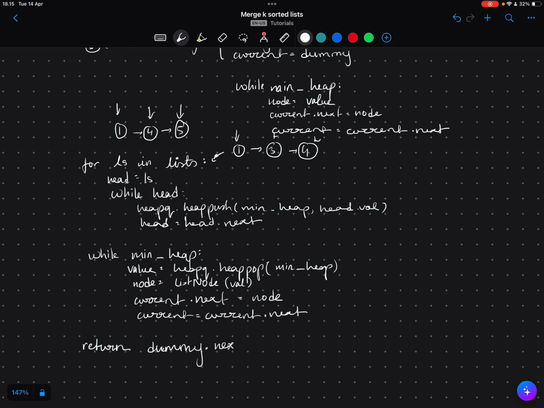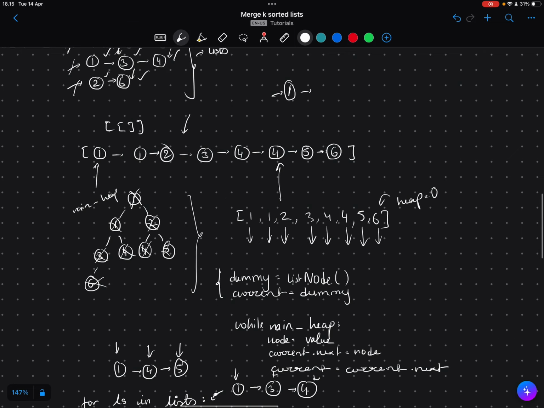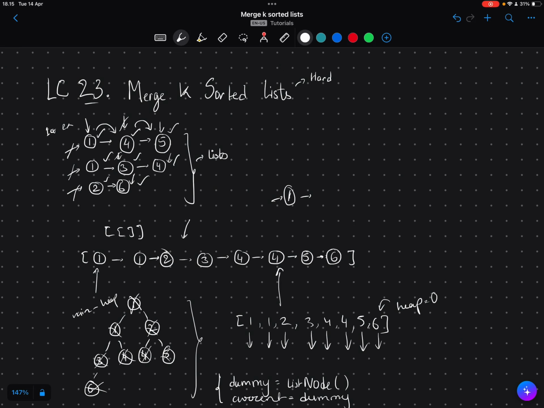And at the end, just return dummy.next. Why dummy.next? Because dummy.next is the one that stores the first value, so it will basically look like we would have dummy here, and then we would have 1 1 and so on. So that's why we would return the dot next, so we can get it from 1 and onwards. And that's pretty much it. So the best way to do it, min heap, right? Keeping 3 pointers would be difficult, because I didn't even think of implementing it, because I just thought it would be too much of a hassle to keep 3